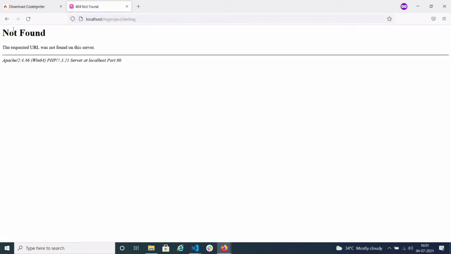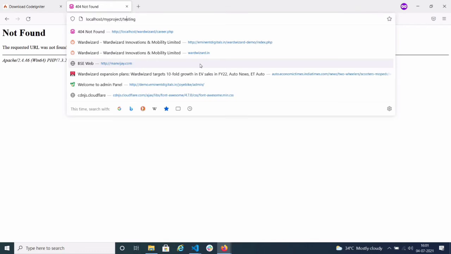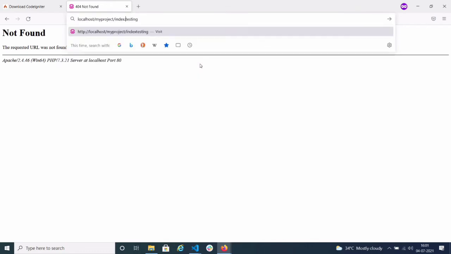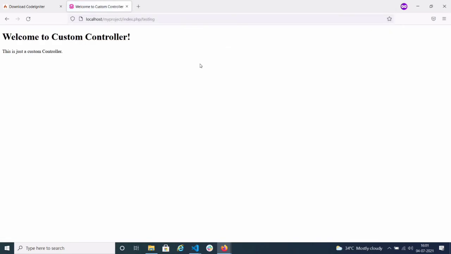Okay, it's telling me not found. Why is it still not found? Maybe the question was that index.php. Okay, yeah, now you can see